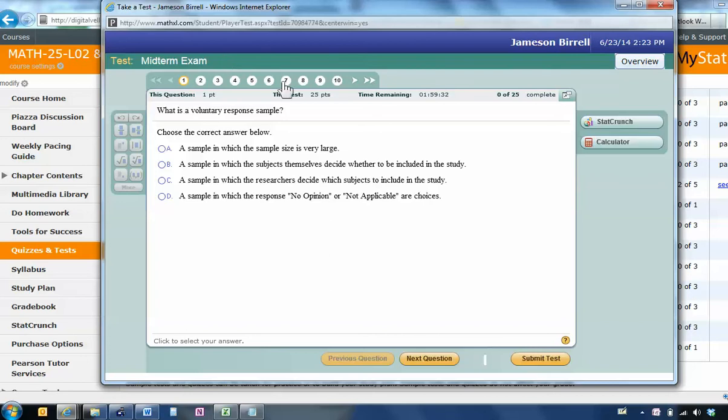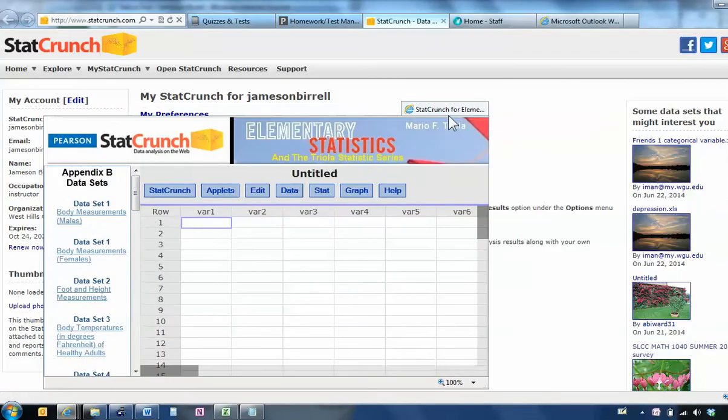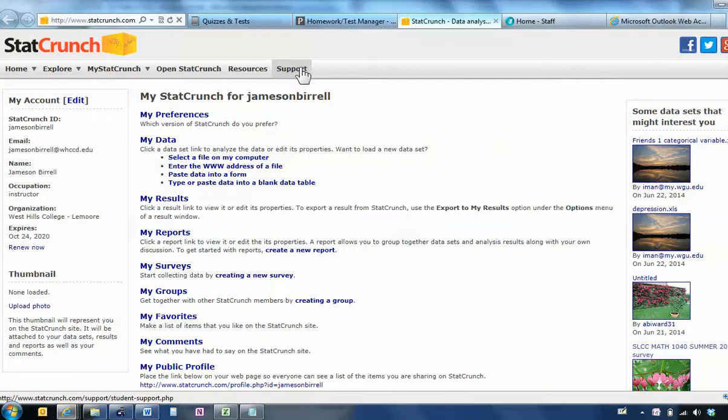You don't need to instruct them in any way how to use this site, because they've been using it for quite some time, and we've gone over all those questions. If they forgot to open StatCrunch, they can open StatCrunch here. The one drawback to opening StatCrunch inside the testing window is that it only opens up and stays open for that specific problem. If they open StatCrunch and they have it, let me just go and peel it open, they have it on a separate window, then they're allowed to